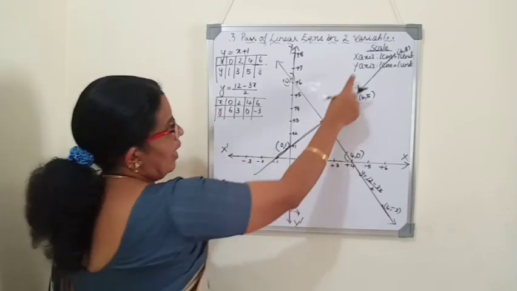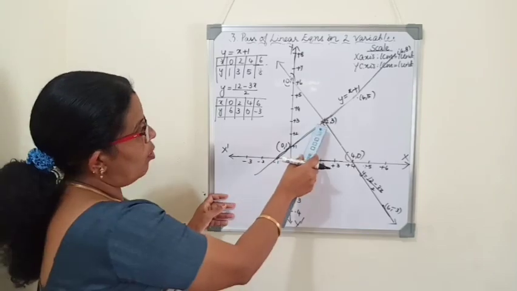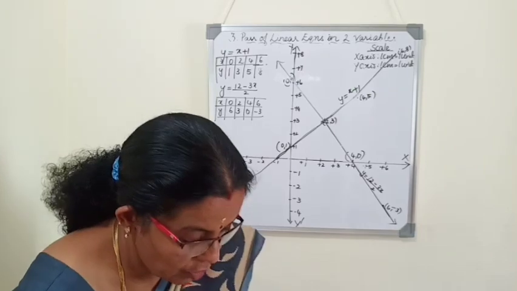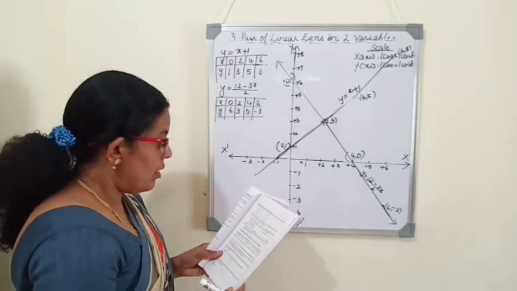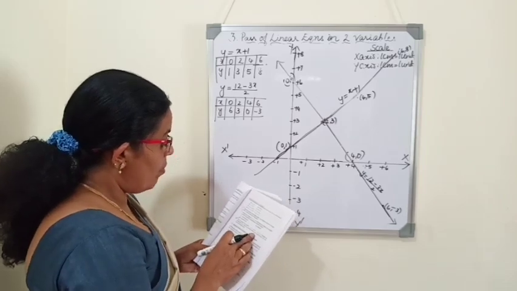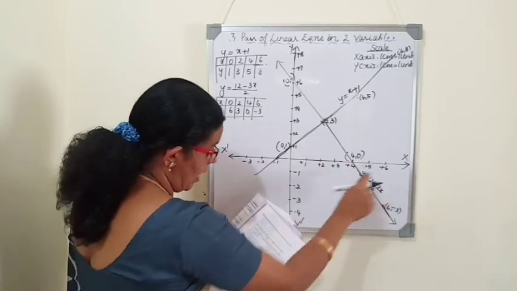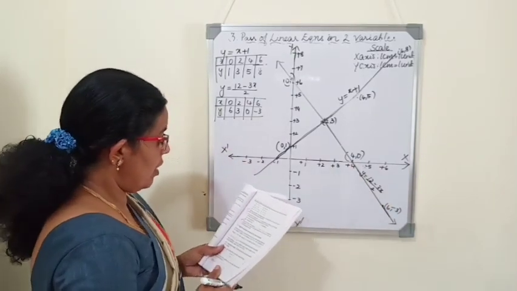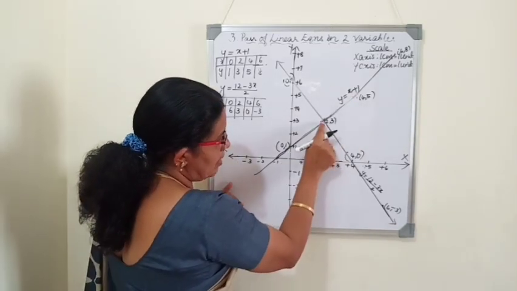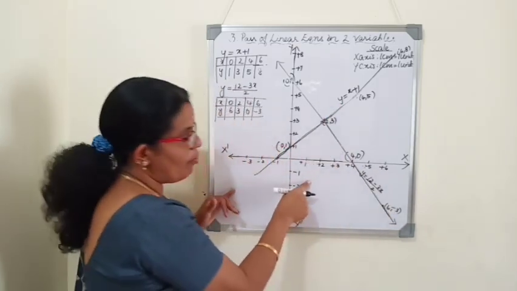Here scale x-axis and y-axis 1 centimeter is 1 unit. Now we plot the points. We got common point 2, 3, intersecting lines, so unique solution. One more question. Determine the coordinates of the vertices of the triangle formed by these two lines and the x-axis. This is the x-axis, and shade the triangular region. We have to shade it. Now you see lines intersect at one point. These two lines and the x-axis together form a triangle.